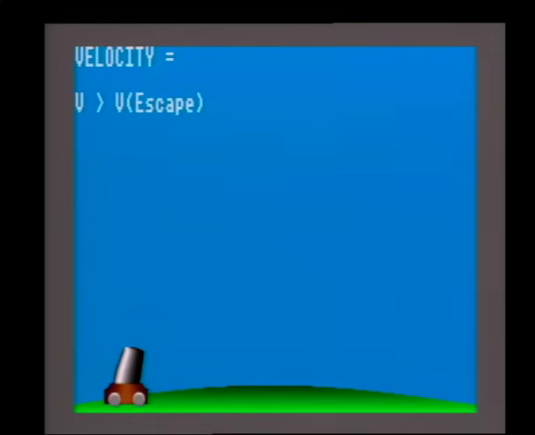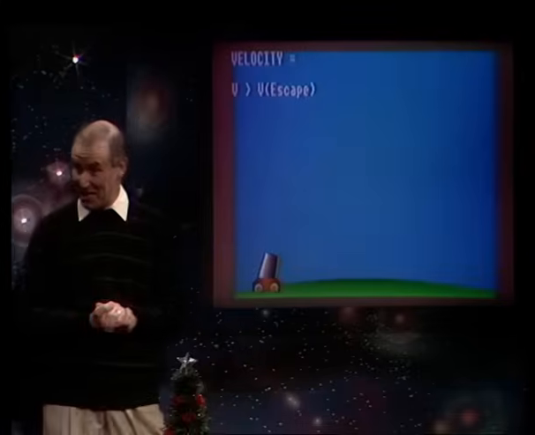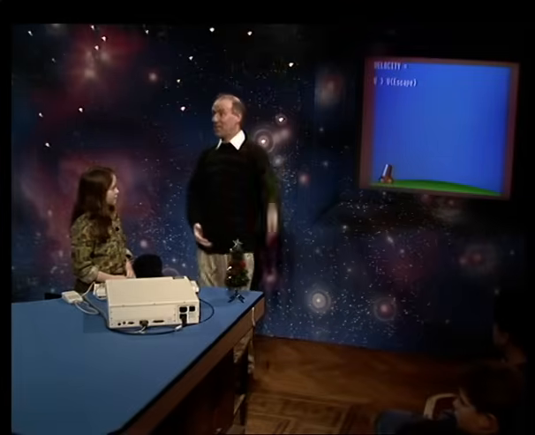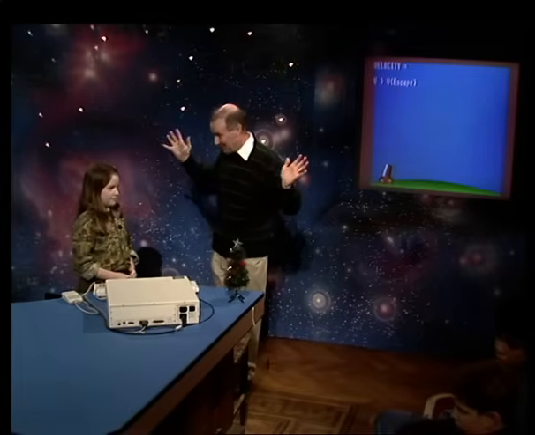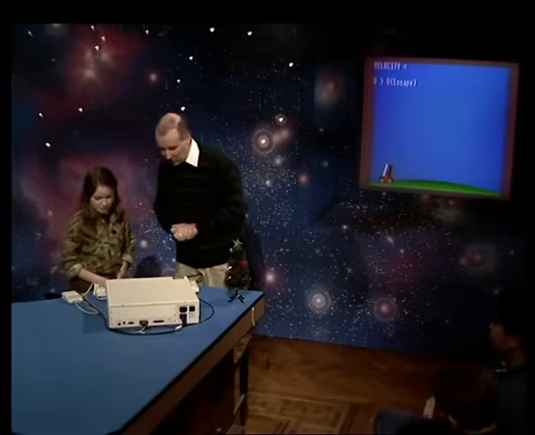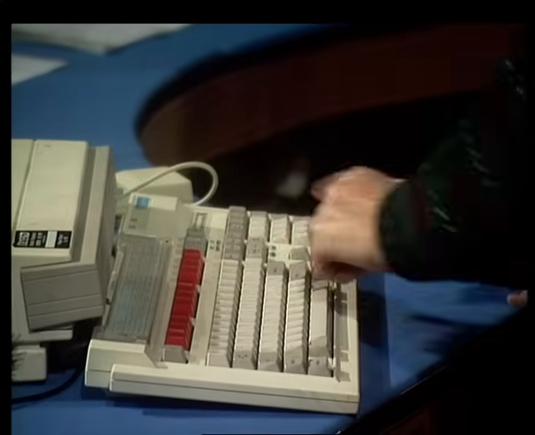Oops. Golly, what was that? Did you see that? Now, that cannonball was going off at a velocity greater than the escape velocity, and so it escaped right outside the Earth's gravity, and it's gone away. Now, let's try another cannonball. Let's put in nothing, and then press the return button there.